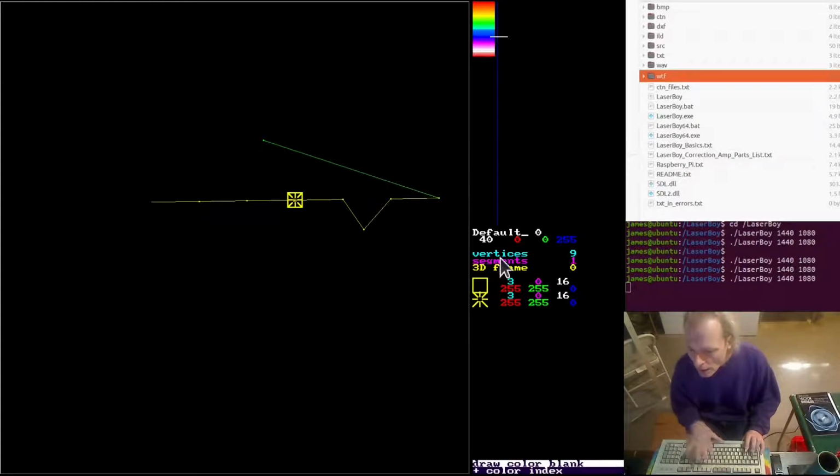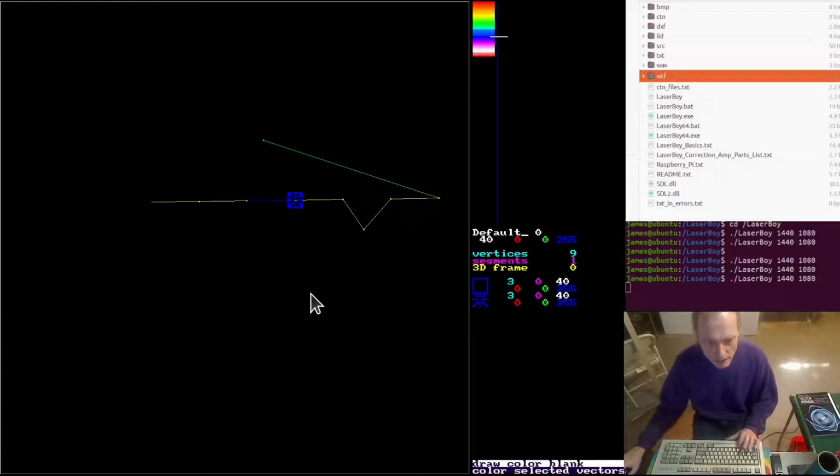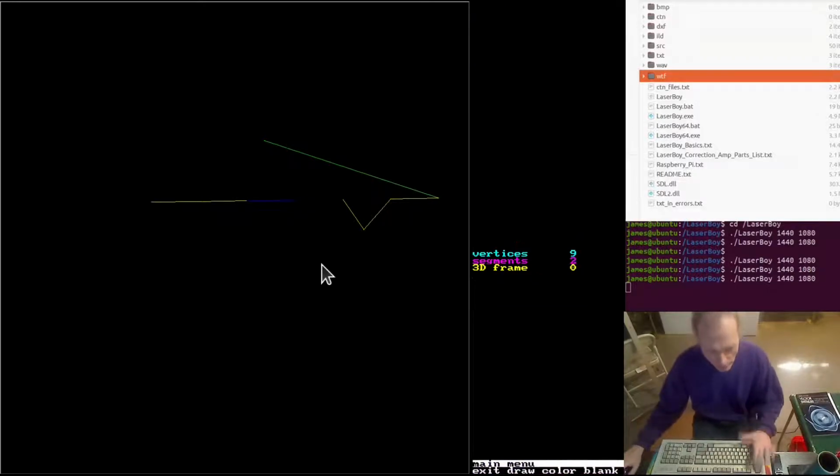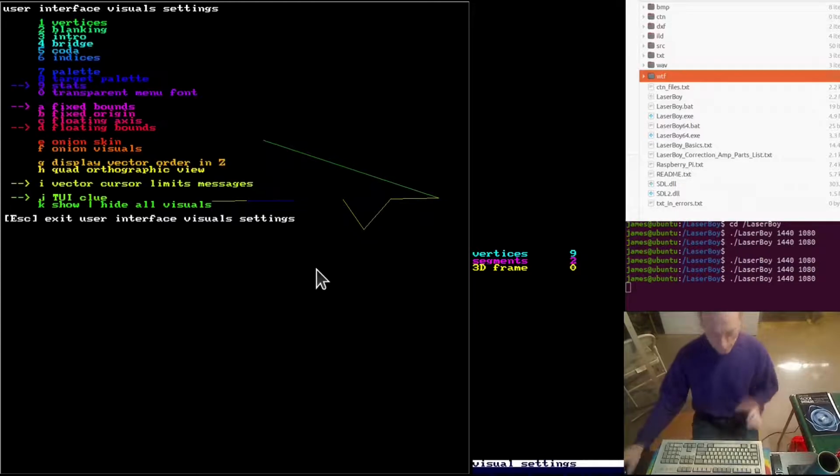There's pure blue. See, there's 0 red, 0 green, and all the blue. And we hit lowercase c, and it's blue. Okay. And we go to the next vector, like this, and we can blank it, lowercase b, now it's blank. Okay? So if you go out here, see, now, since blanking is not turned on, there's vertices, there's indices,